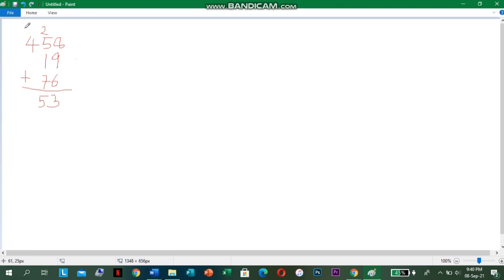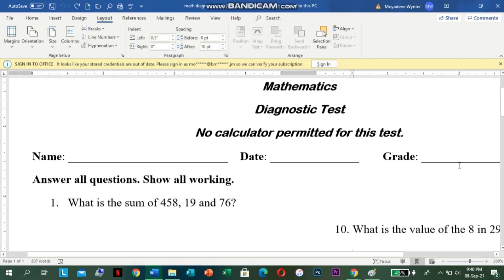and carry the 1. So we say 4 plus 1 gives us 5. Beautiful. So the answer is 553. If you do not get this answer, then please make the necessary corrections. All right? We are going to look at number 2 now. Now, number 2,